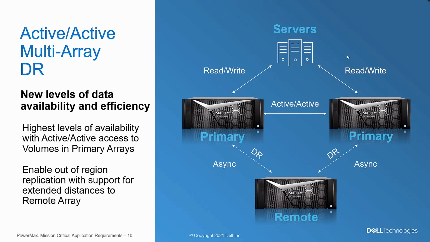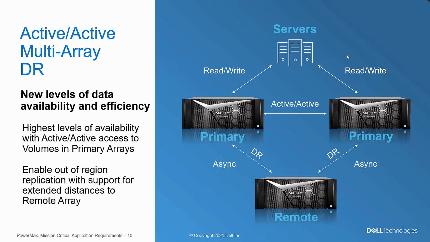This is key because if I stretch my application access across both my primary arrays, and one of the systems goes down, my application continues to run by accessing that same storage on the remaining primary array. So active. Key component of this, remember, consistent, predictable performance. So that needs to be in a campus type solution, correct? With synchronous replication between the two